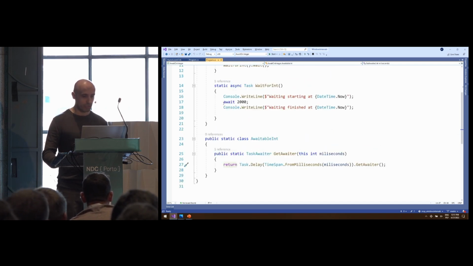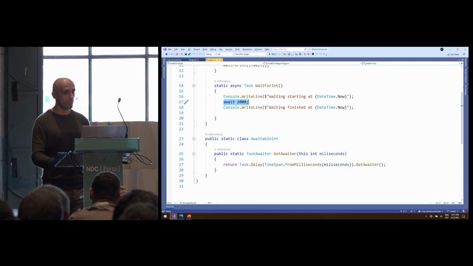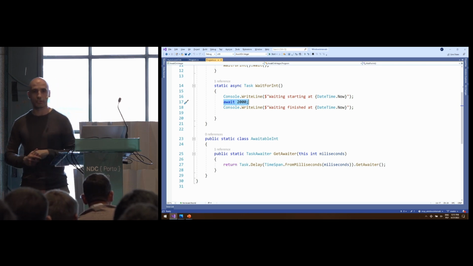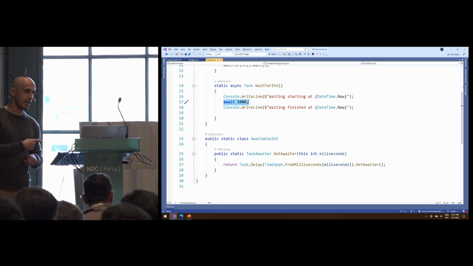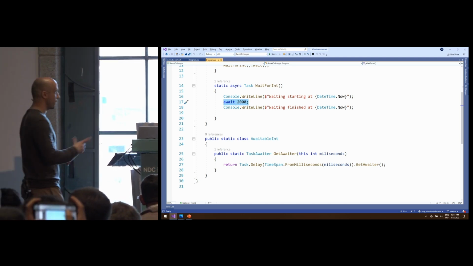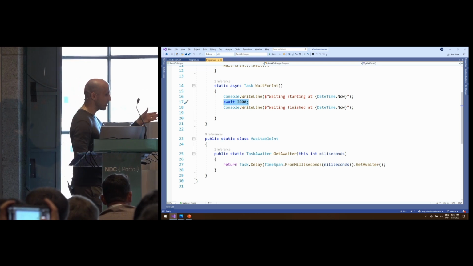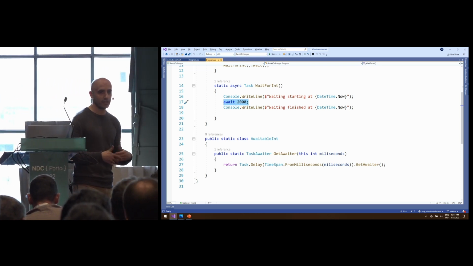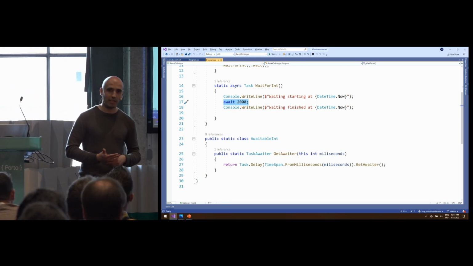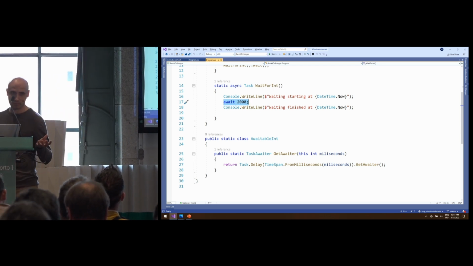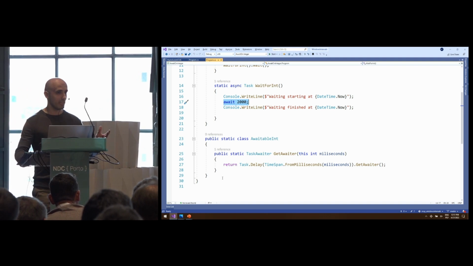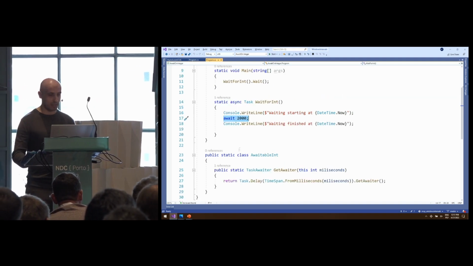So when we call this await 2000, what it does under the hood is it calls integer GetAwaiter, so it finds the extension method we have below, it gives the code the awaitable type, and we can just wait for it. Obviously, I'm not suggesting that you should go and rewrite all your integers to be awaitable in your code base, but this gives you the idea that anything can be awaitable.